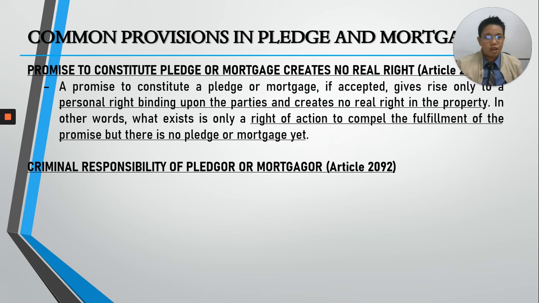So, that is the first way to be criminally responsible. Also, there is criminal responsibility if the pledger or mortgagor misrepresents himself to be the owner of the thing to be pledged or mortgaged, when in fact they are not really the owner. They mortgaged their neighbor's cellphone. Imagine, the neighbor's cellphone, the neighbor is minding their own business, and you mortgaged it. So, there is criminal responsibility for that.